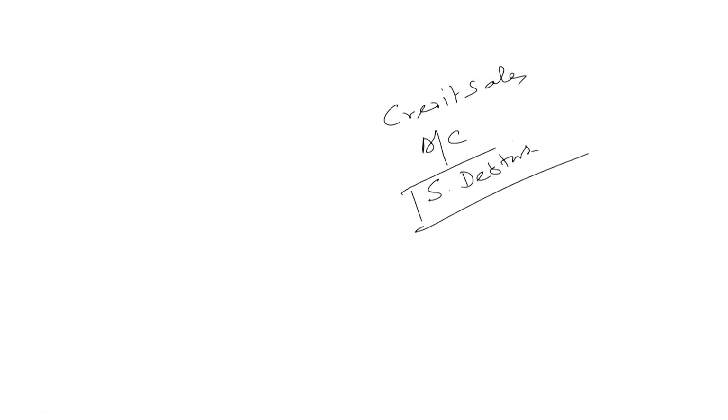This is a result of credit sales. When we sell on credit, what appears in the balance sheet are called sundry debtors. Sundry debtors are parts of the accounts receivable. Accounts receivable is a bigger term,